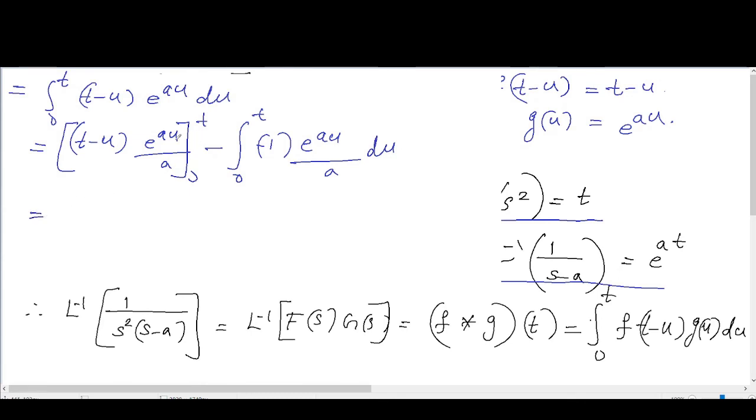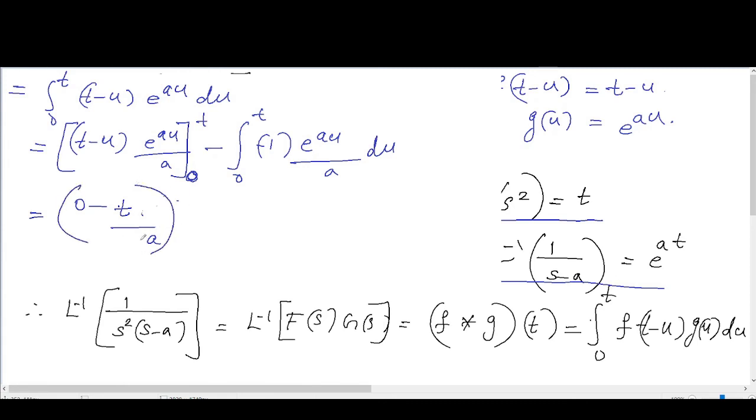Now when substituting the upper limit here, t minus t, this quantity becomes 0. So here you have 0 minus, when substituting the lower limit 0, t minus 0, that means t into e raised to at divided by a. Here e raised to at means e raised to a into 0, that means e raised to 0. What is the value of e raised to 0? E raised to 0 is 1. So here you have only this much,